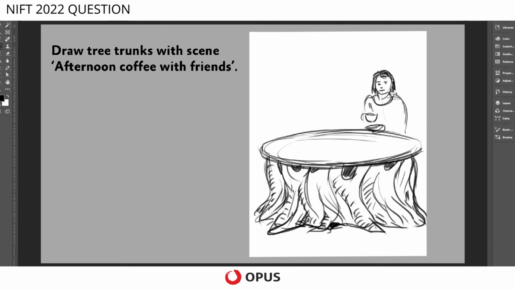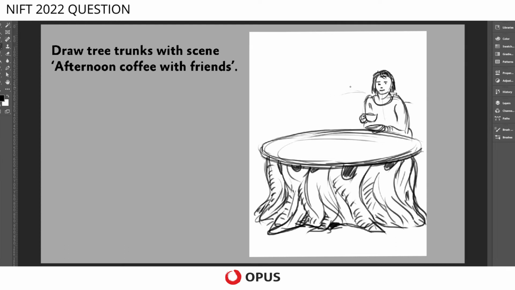So here you see I am trying to draw the figure in a way which seems like she is sitting behind this table,